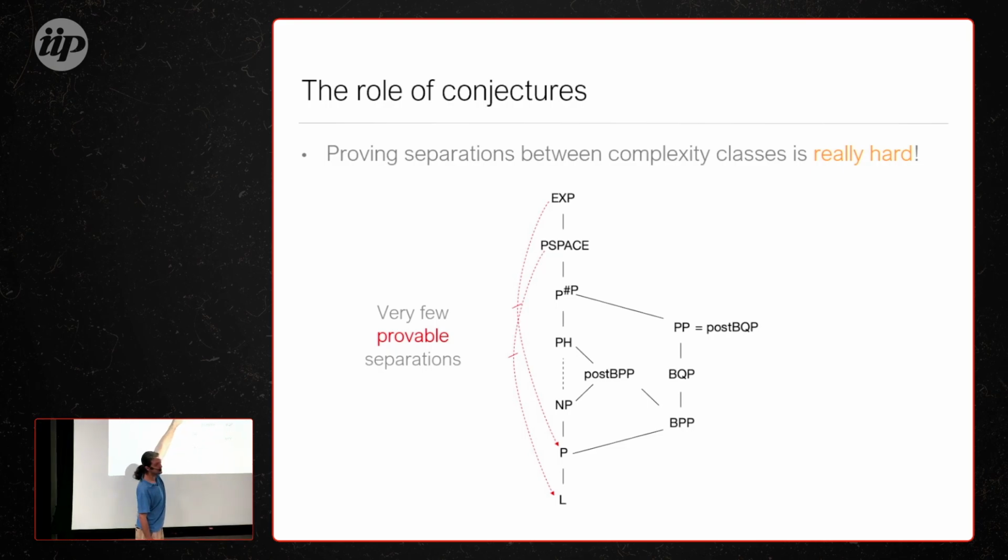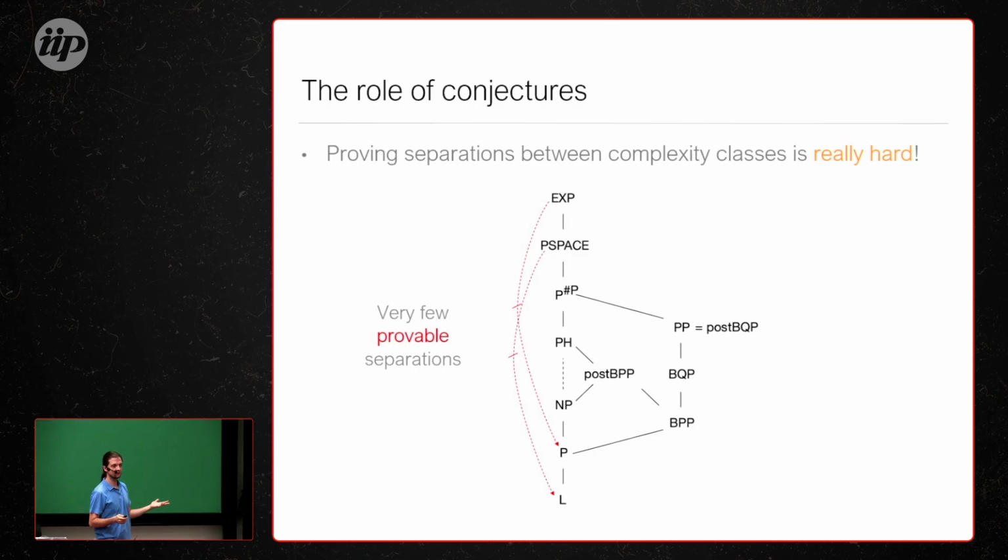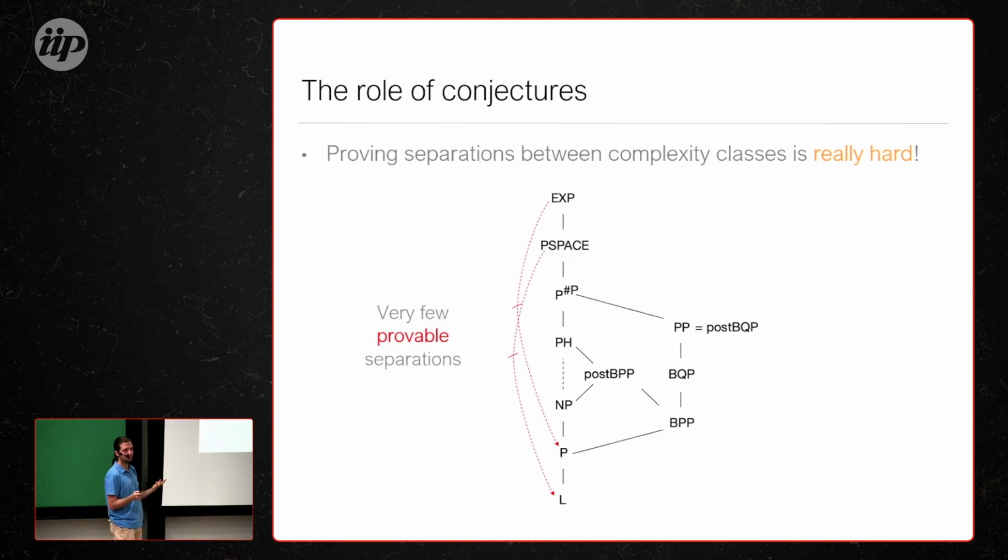But all of the other intermediate ones, even P and PSPACE, which look pretty separate in this diagram because you have NP right here, right? So PH and #P and PSPACE are all much more complicated than NP. Even this you cannot prove, that P is separate from PSPACE. So this is just to show you that we can prove that there are some problems that need exponential time, but we know precious little about how to separate these classes.